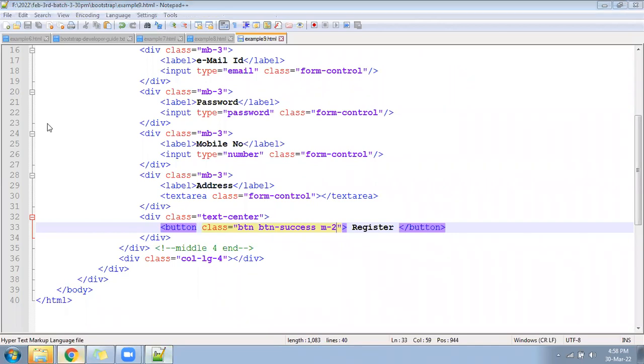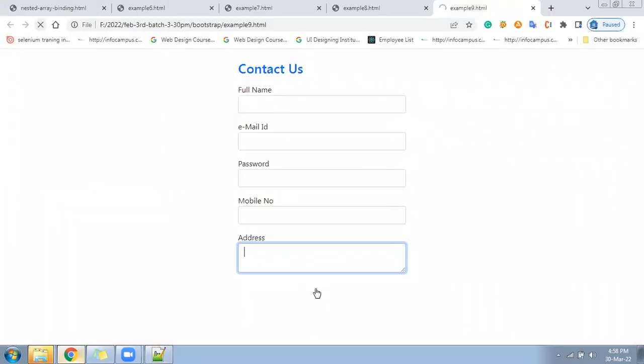Okay, check now. The button is looking clean. See, it looks like this.